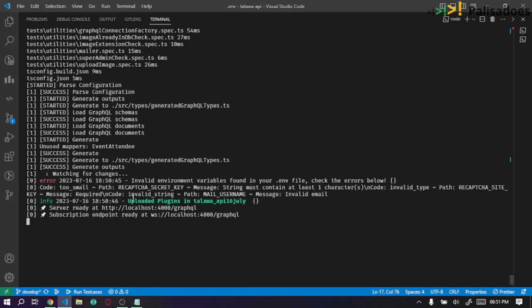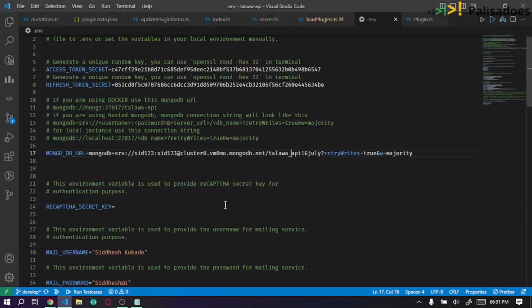Okay guys, so as we can see here, it has uploaded plugins in the database name,